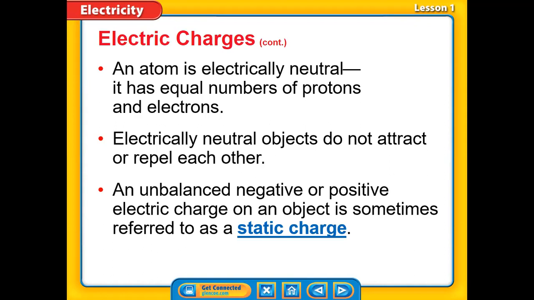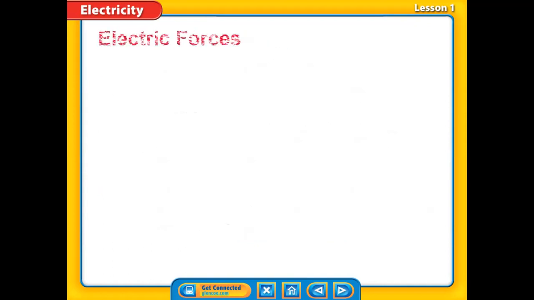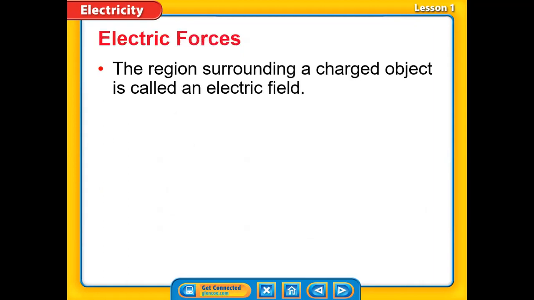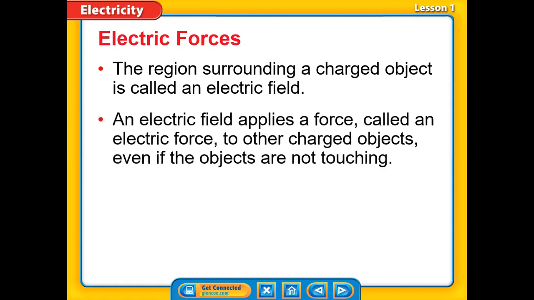Once an object is charged, we find that each charged object will have a region or an area surrounding it called the electric field. This electric field is the area which surrounds a charged object in which the electric force can be applied, or a kind of interaction can happen between charged objects. So we said that in the electric field there is a kind of force called the electric force. This electric force could be